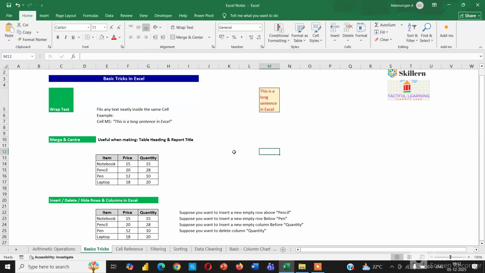Now, next, merge and center. Useful when making a table heading and report title. Take a small table here, consisting of item, price, quantity. Now I want to give some heading to this table. So click here, type product